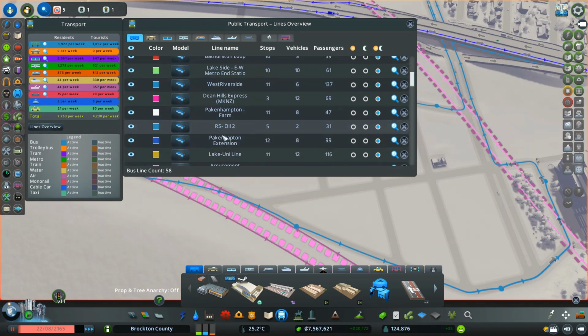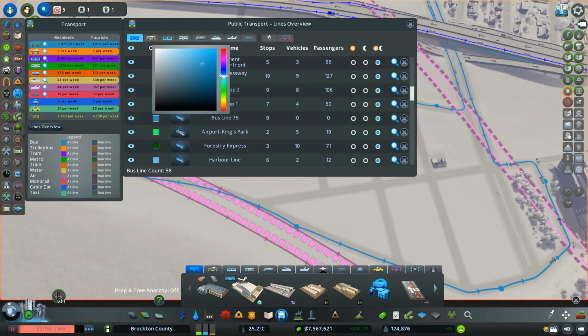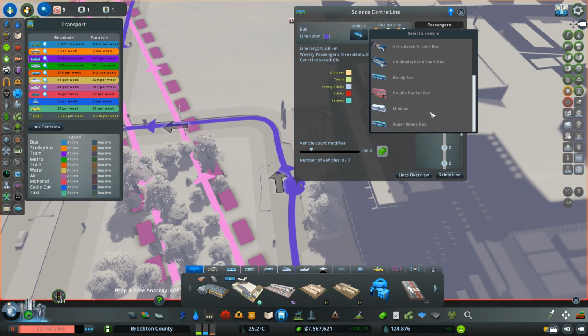Okay, so that one's probably bus line 75. Okay, so this one is... We don't really have a name for this district, actually. So I guess we should probably look to do that. Let's make it a weird color. And bus line 75 will be the Science Center line. Oh, sorry, we're in Canada. Science Centre line, 7 buses. It's probably gonna be enough. Let's go with